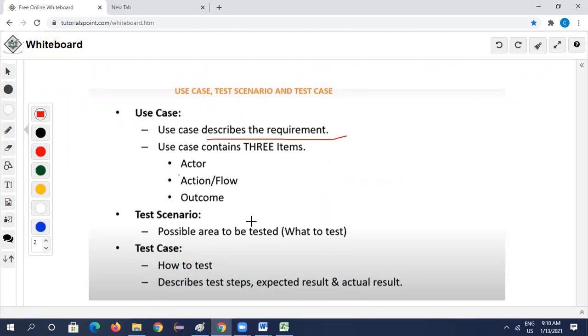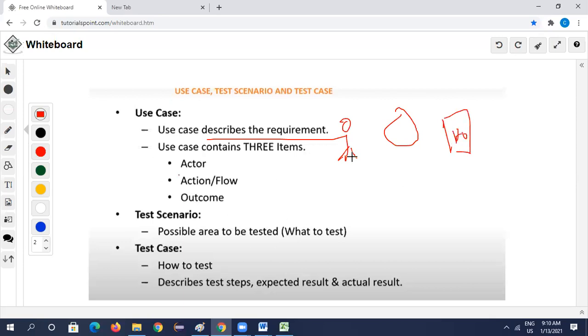Okay, so it contains three elements: actor, action, and outcome. For example, if you consider login functionality, you take one actor. This is the login functionality, and the output is the home page.